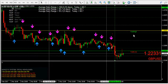Hello again. Right, I did actually decide to take a second trade on this cable when I saw this hammer type candle form, or pin bar, whatever you want to call it, on the chart. So it had a pullback. It was just an invitation to have another go at a short trade, in my opinion, because there was really